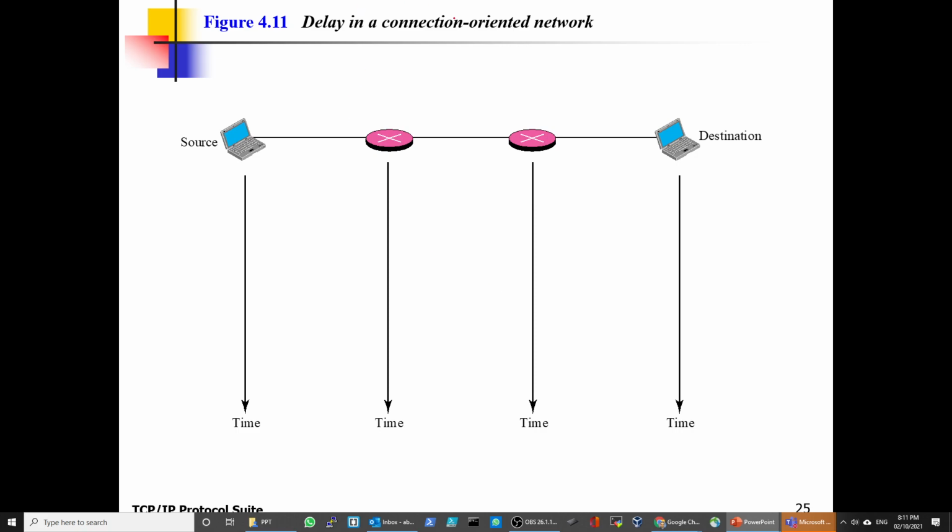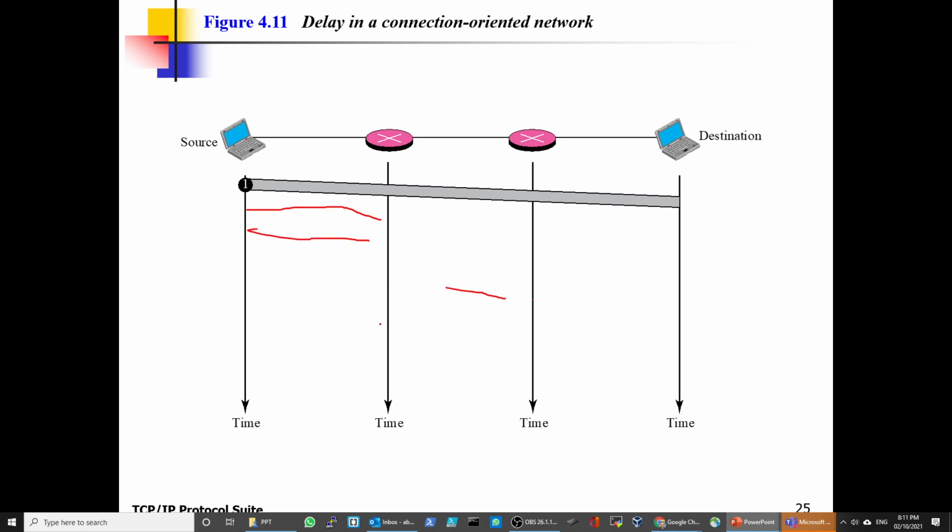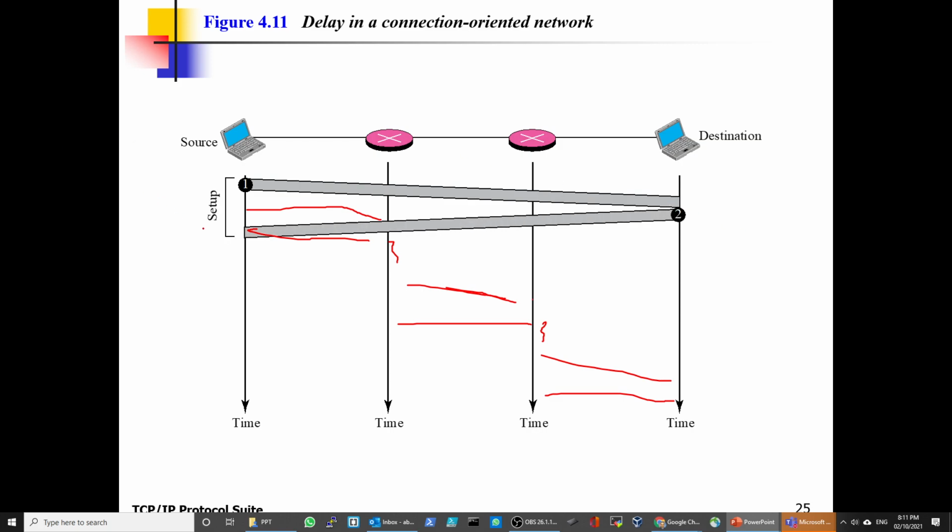Let's take a look at the connection-oriented network, how the delay will be. You see, once you establish the network, it's all the way less delay. Remember in the packet switching what we did? We did like this, then like this, then like this, if you remember, and there is a wait time in here. You're going to take some time at the beginning to establish the connection all the way. And the acknowledgement goes back like that.